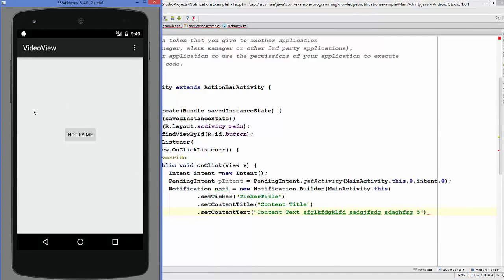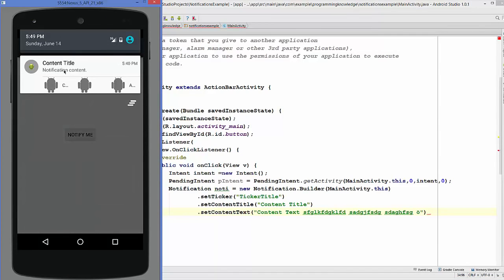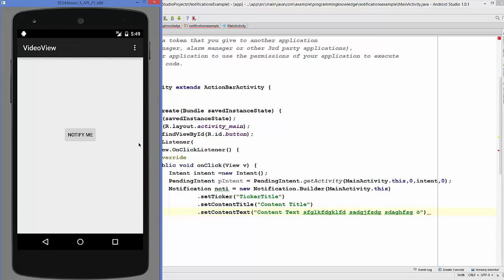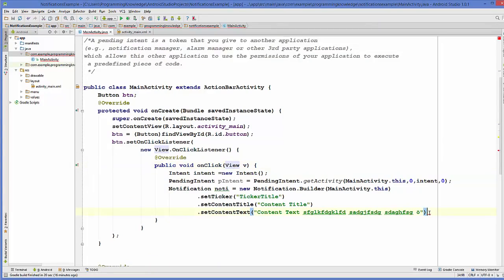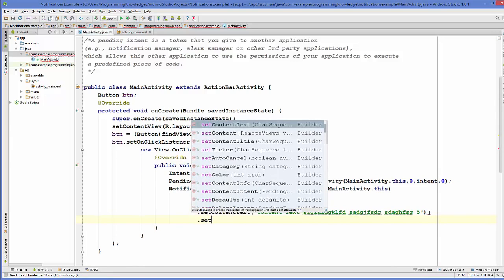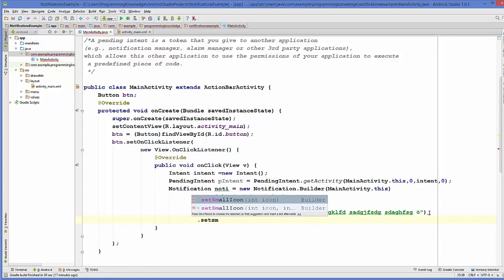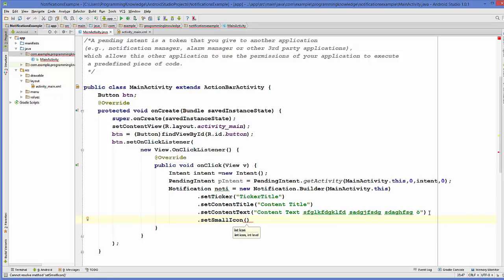So when I drag this, this is my notification content. Okay, so after this, we want to add an icon, for example. So we can add an icon like this, dot set small icon, and this icon you can take from your drawable. So you can go to your res folder, and in here you have your drawable folder, and in here you